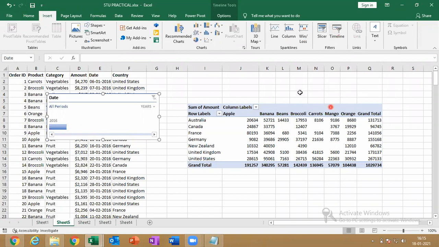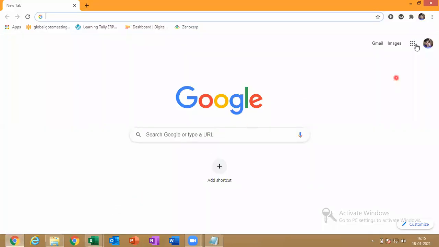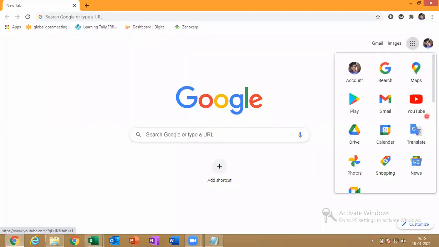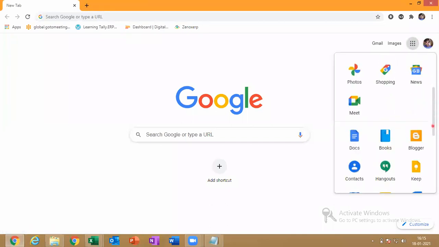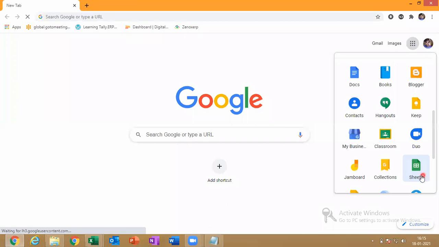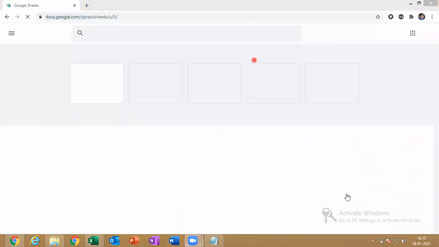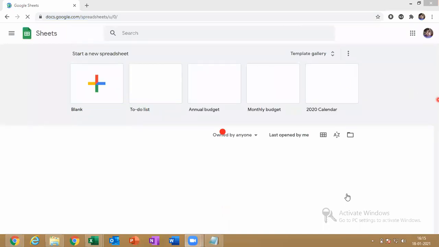Timeline. Okay, so let's take the attendance. First let me take a photo of the people who are present here. Okay, only 19 people are present.